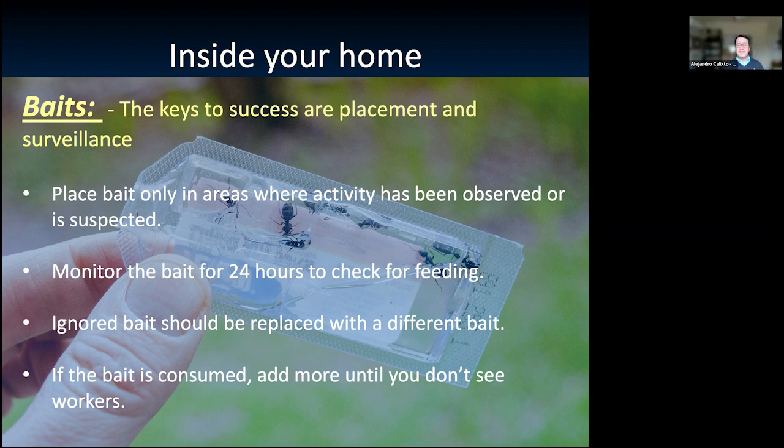Well, you can, but it's important for you to make sure that they're collecting the toxic bait. If the bait is ignored, you have opened that bait and they're not getting that bait, you have to substitute, you have to try another one, and you have to get rid of that one, because that is food, it goes bad, and the active won't work any longer.